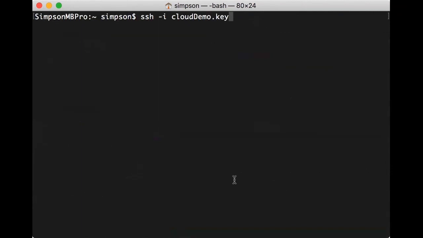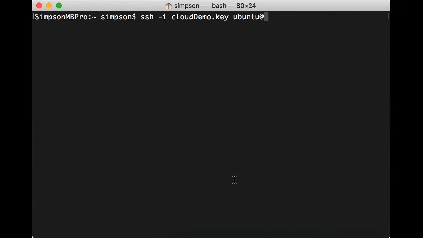It saves me typing it incorrectly. It can find that file in the folder that I'm in right now, so it will complete the name for me when I press tab. And now I need to tell it where to go, and a username. I built an Ubuntu system, and the standard username on Ubuntu systems is ubuntu. If you choose one of the other operating systems that were available, for example CentOS, you need to know the username for that system. If you're not sure, you can ask the cloud team or send an email to support@computecanada.ca. So ssh -i, then the name of my key, the username for that system, and then I have to give it the address.